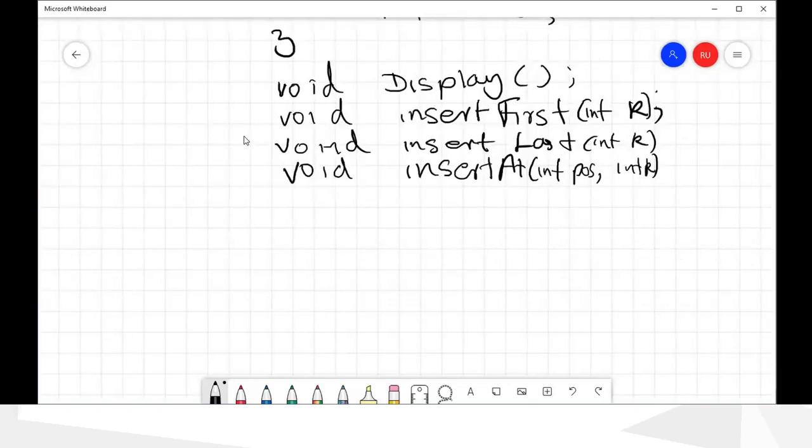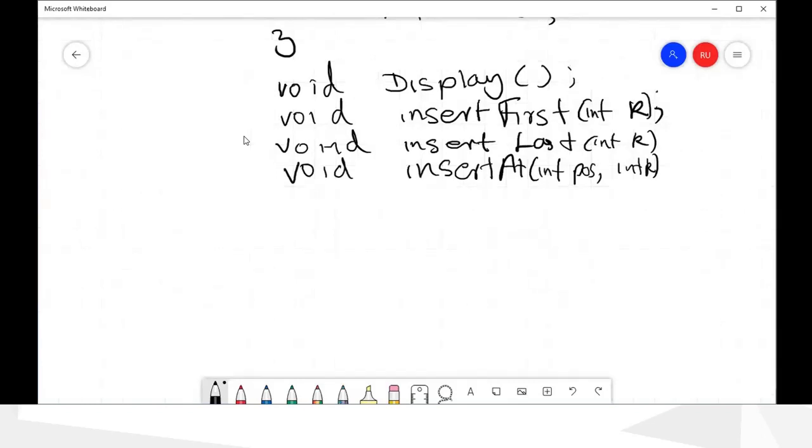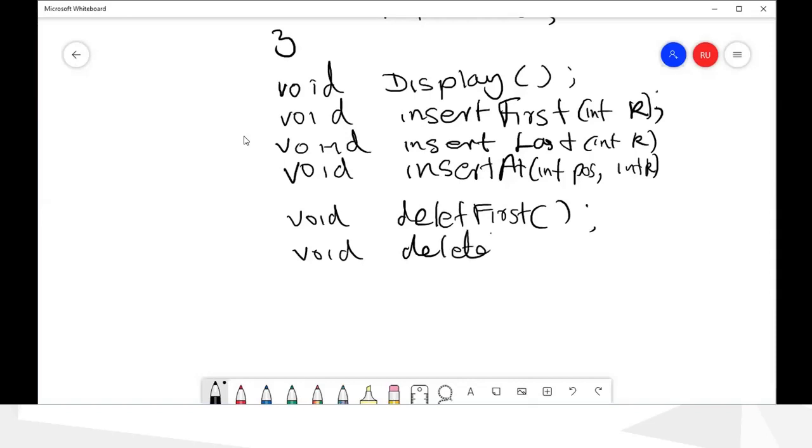And similarly, we want to delete first, and delete last, and then delete at a position.